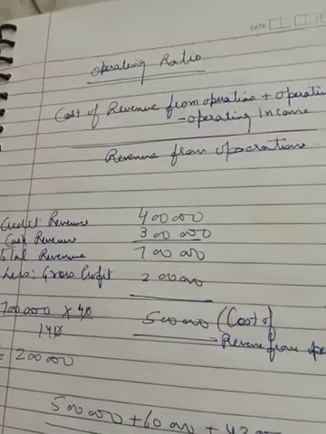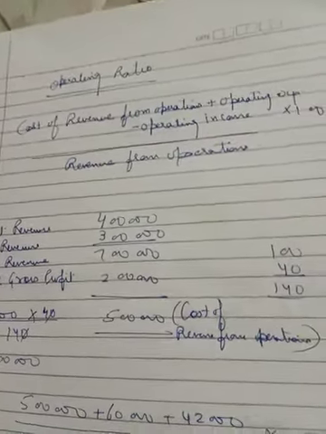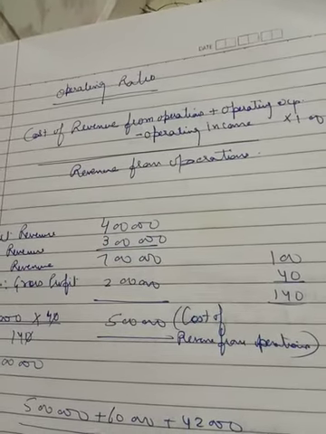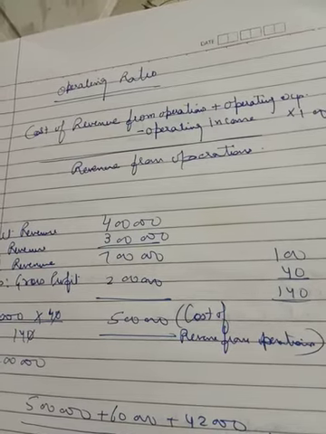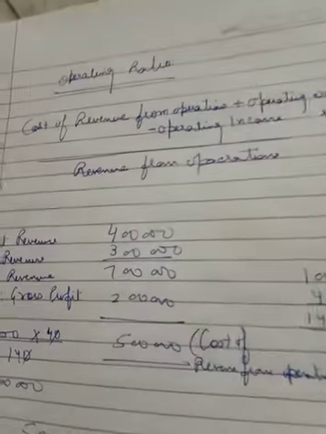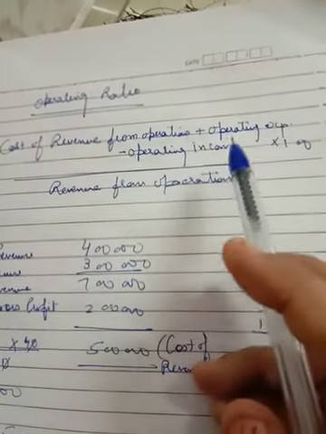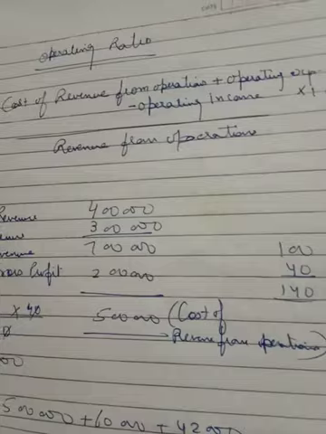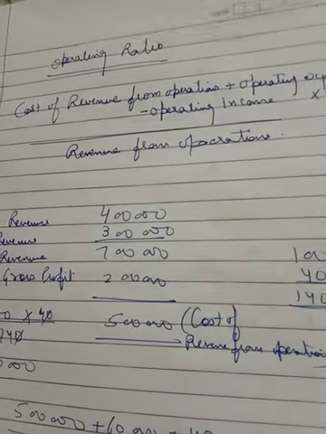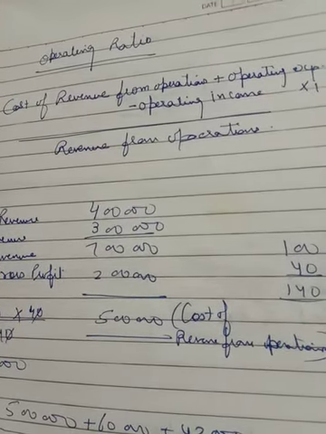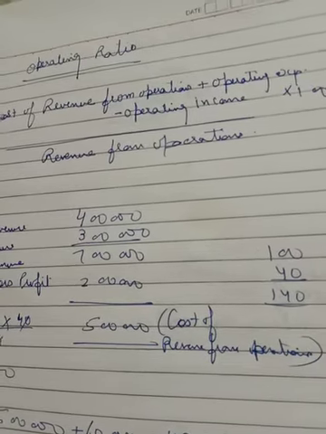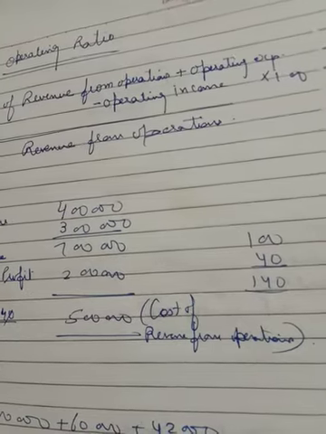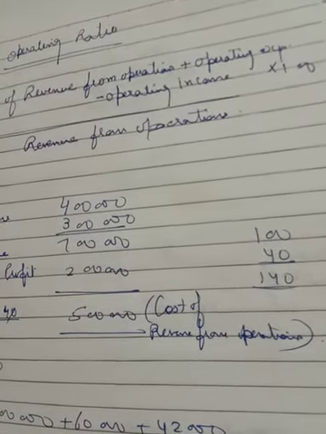Next is the operating ratio. Basically that ratio measures the proportion of the enterprise's cost of revenue from operation and operating expenses in comparison to the revenue from operation. So the formula says cost of revenue from operation plus operating expenses minus operating income into 100 by revenue from operation. So this is to compare all that. Under operating expenses, you will calculate all employee benefit expenses, depreciation, amortization, other expenses, selling, distribution, administrative or discount, bad debts, and interest on short term, which will be considered in operating expenses.